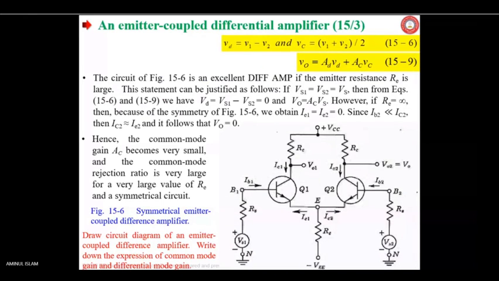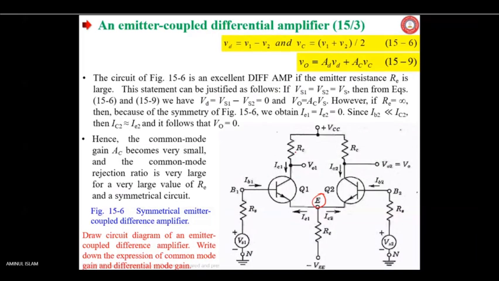Now, after the discussion, we are actually really seeing the differential amplifier. Earlier we have seen the CMOS version, and that was called source coupled. Now it is emitter coupled. Source coupled because for the MOSFET this terminal was the source. Now this terminal is the emitter. So both the emitters are connected together. This terminal is the emitter for both the BJTs. It's called an emitter coupled differential amplifier. Structure is the same.